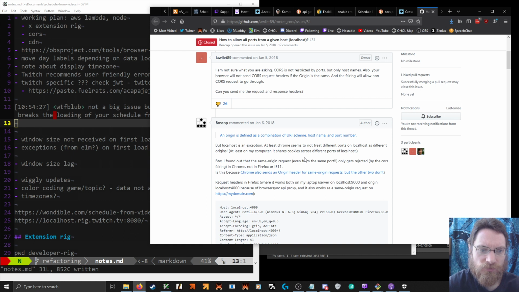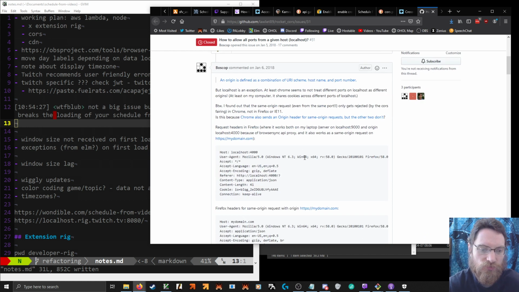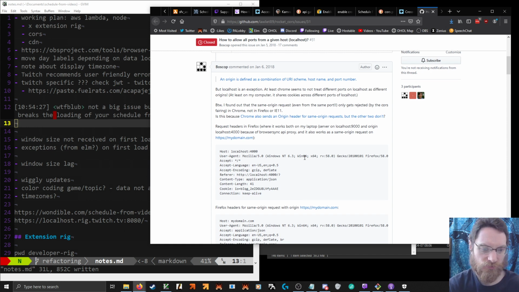Localhost is an exception. Not treat different ports on localhost as different origins. So maybe it sends the origin header if it thinks it's a cross-origin request, and that's what it tends to use to say, okay, you're allowed.